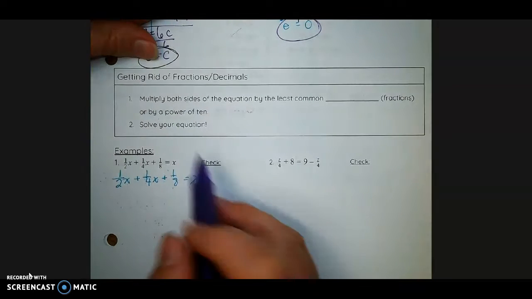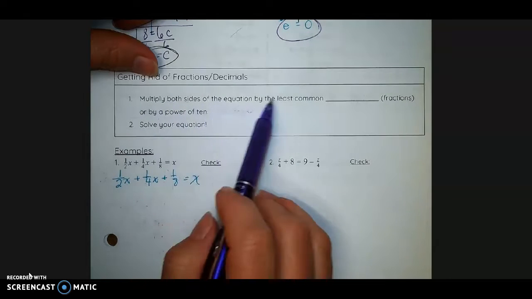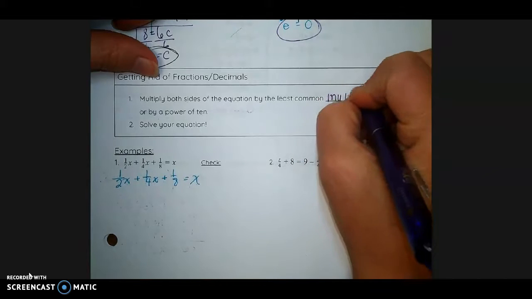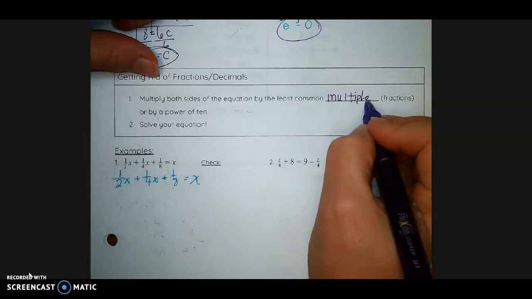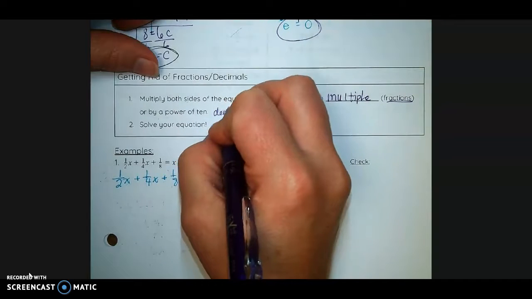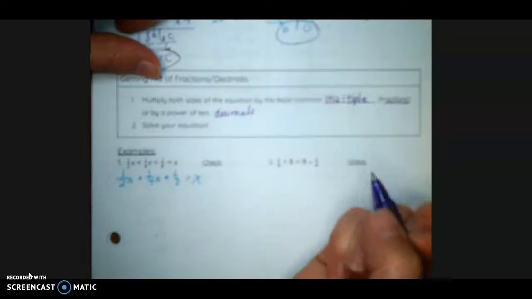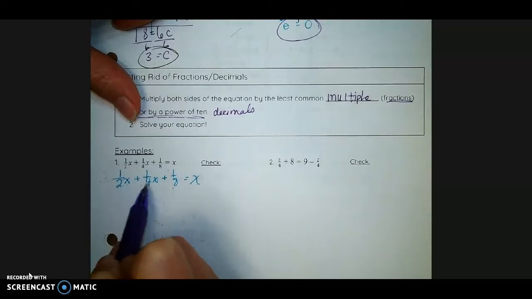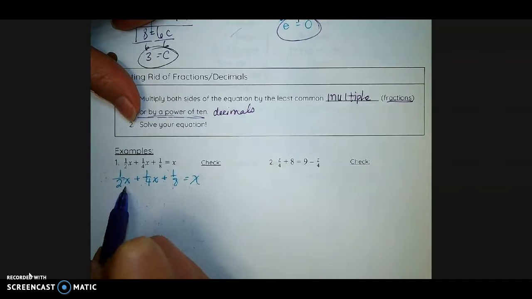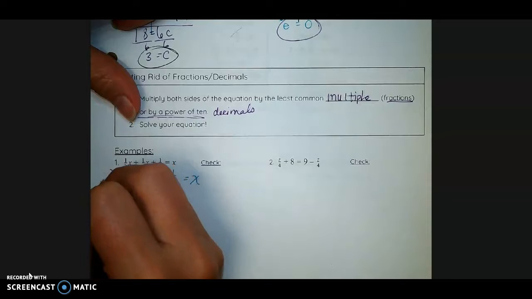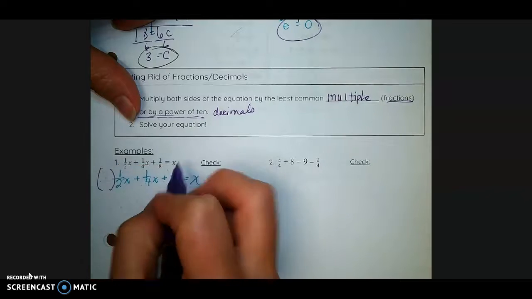I am going to look to multiply both sides of the equation by the least common multiple when I'm working with fractions. Powers of 10, that is going to be decimals, so we'll talk about that in a little bit. But I'm going to look down here. I always look for the biggest number and say, can I count by 2 and 4 to get to 8? And since I can,